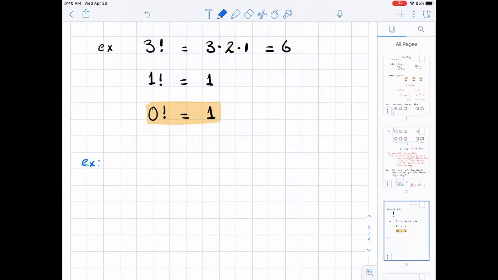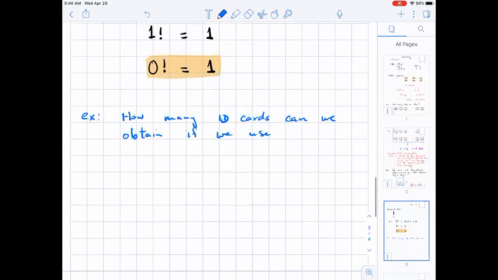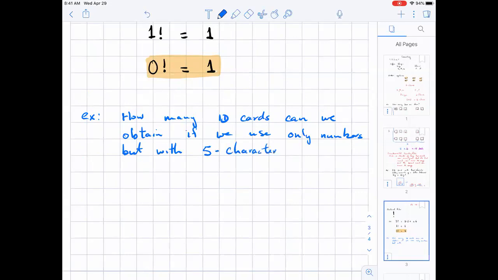So how many ID cards can we obtain if we use only numbers now, but with, let's say, 5 characters,